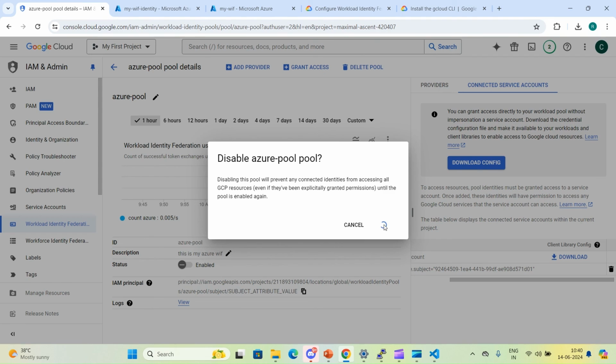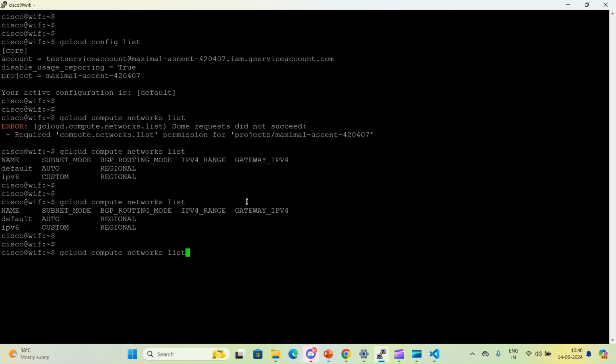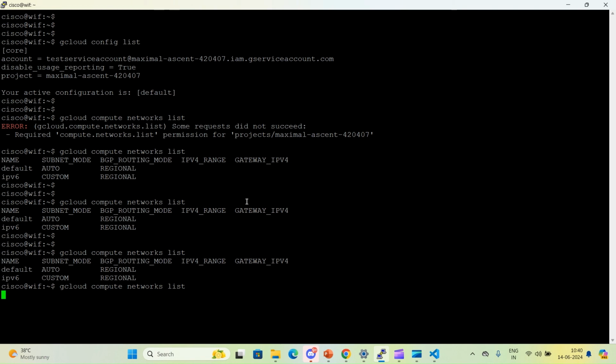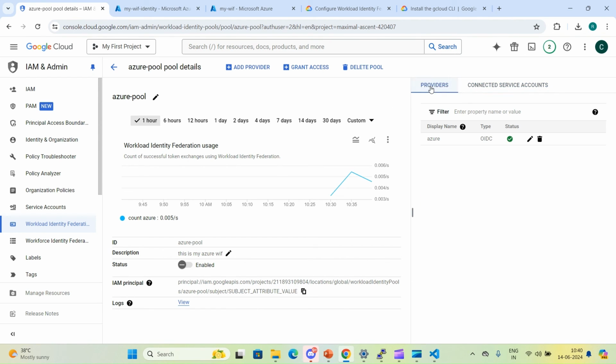Let's click on disable, and let's see. So now it has been disabled. Let's see how much time it will take. It will take some time. So you can do it according to you, but as of now we have done all the things, and just